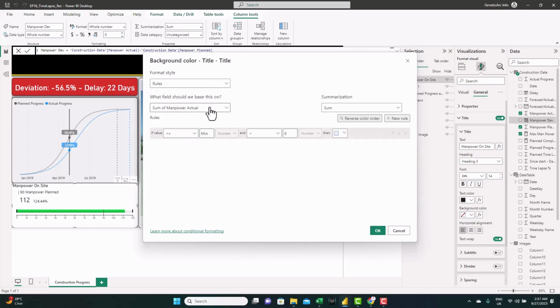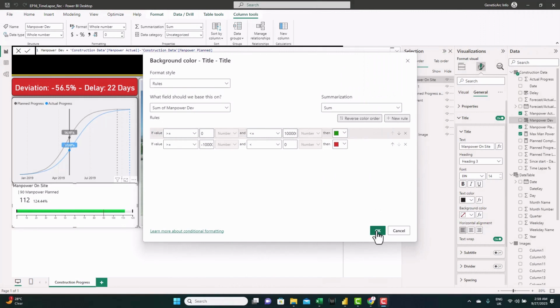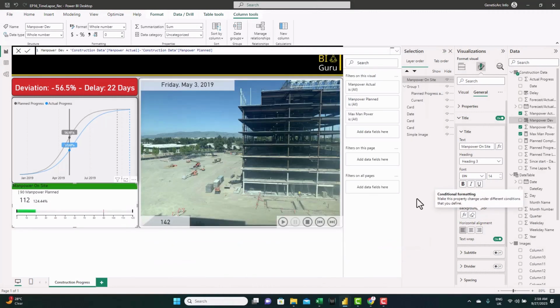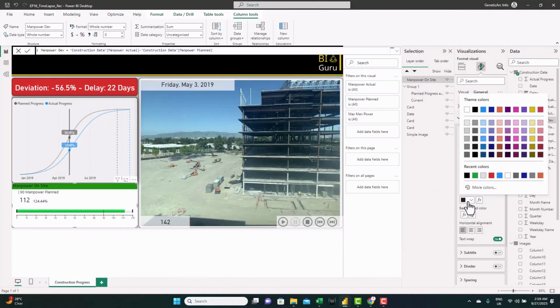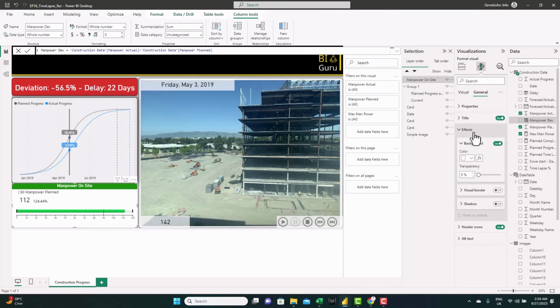Use rule. So now we just click OK. And we change the text color to white and put it in the middle. And finally we do the general formatting of background and borders.